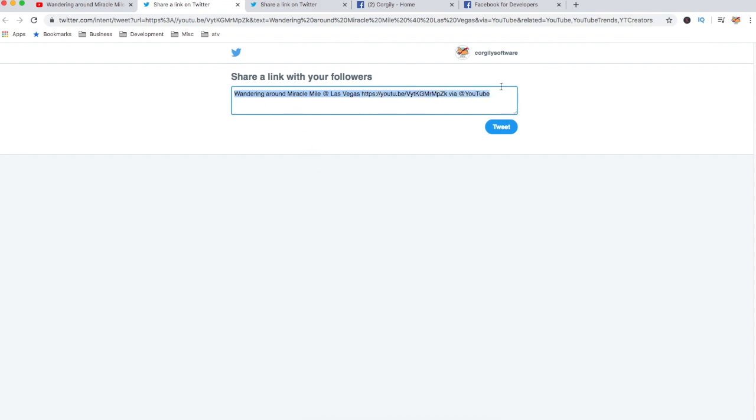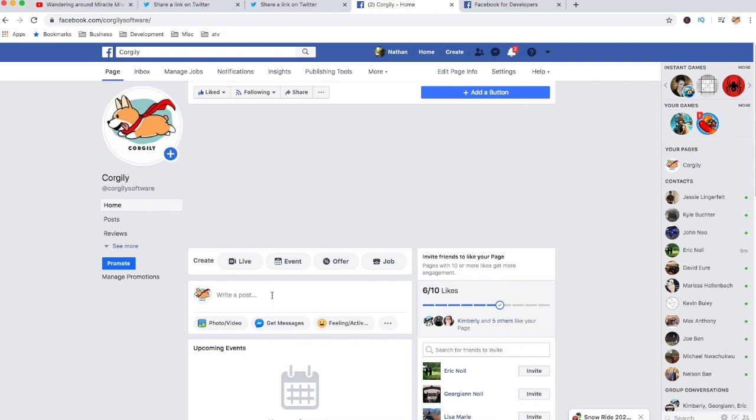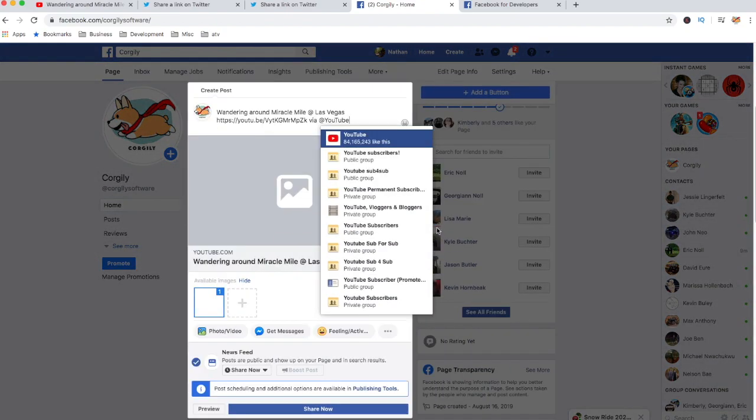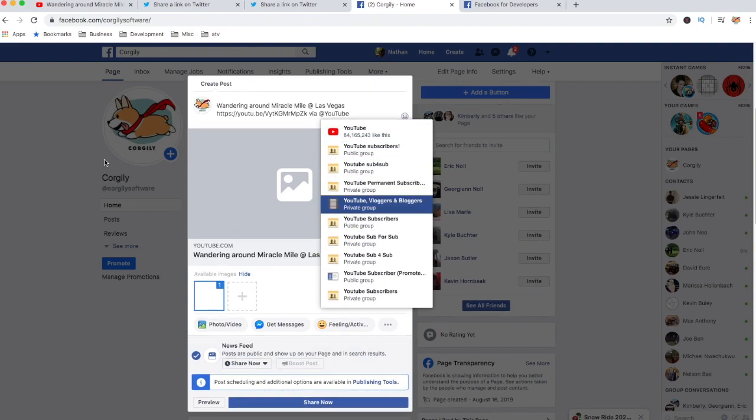So this is what you want to share on Facebook, your description with the URL and everything. You go to Facebook right here and make your post on your page, and you end up with basically this dead image. Notice how there's no image here, but it has a description. I'm going to post this anyway because this is a YouTube problem, but it's a fixable YouTube problem. So I'll just do share,